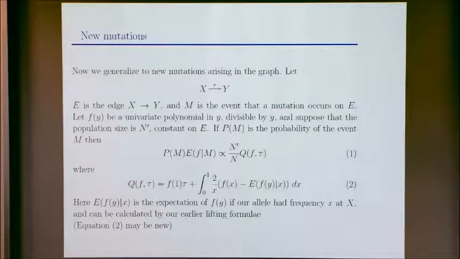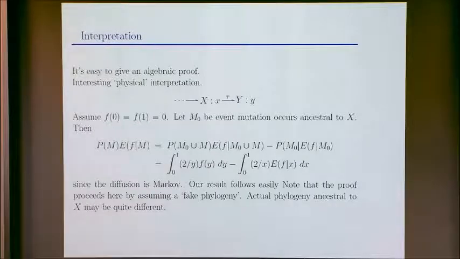I won't try and prove this rigorously, but I'm going to mumble how this happens. So you imagine a phylogeny. You've got x goes to y, and then you just have a constant size population all the way back to infinity here, with the same size of population as occurs on this edge, right? Just imagine this phylogeny, and now